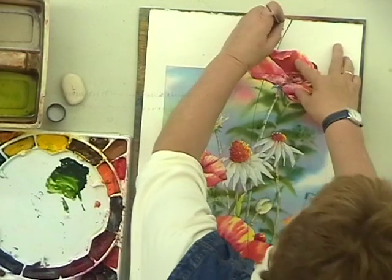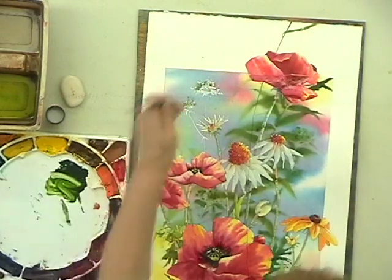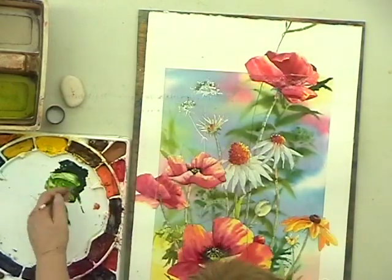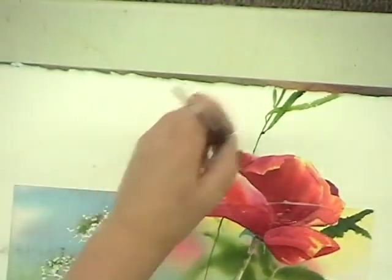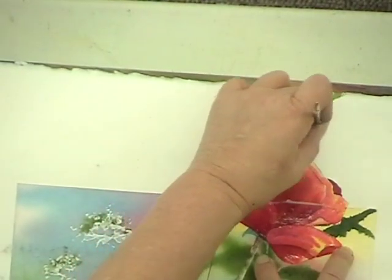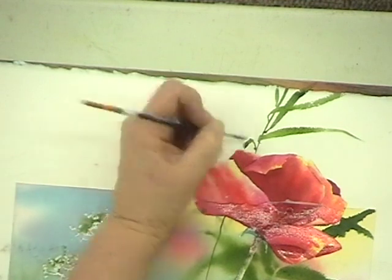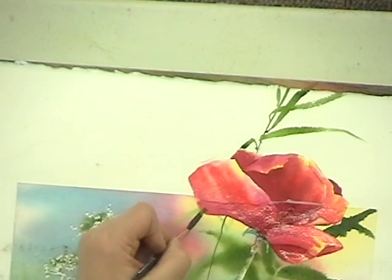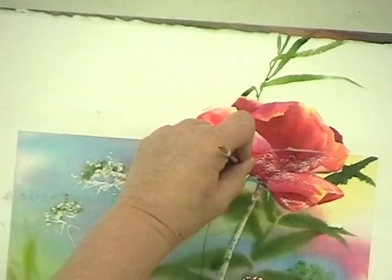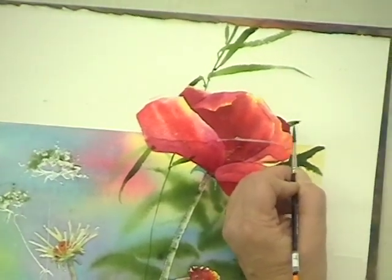And when I paint grasses, I put my tip up, press down, and release. Tip up, press down, release. See now this is not protected here, so I have to be careful, and then it'll come down here and release. Hey, tricky. Tip up, press down. Let's see, it probably will come out over here somewhere. So I'll pick that up,